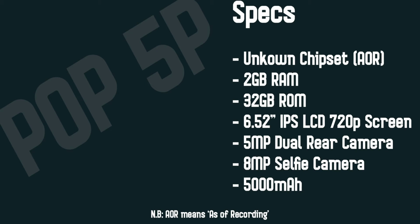Now, of course, Tecno will cover this up and say that it's a Go edition of Android, so it's supposed to be lighter and have far fewer features, which means far less processing power used. Well, that's fine. But I do have a problem. They didn't specify what chipset is in this. All they said is that it's a 1.3 GHz quad-core processor, which is very, very suspicious because